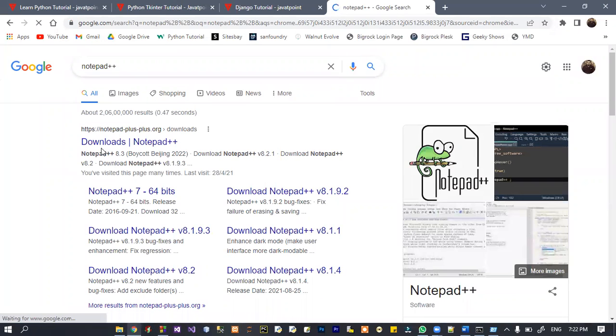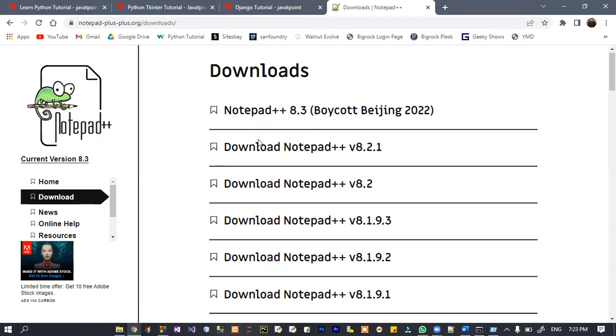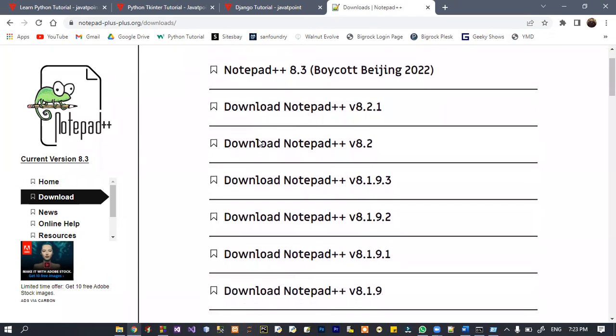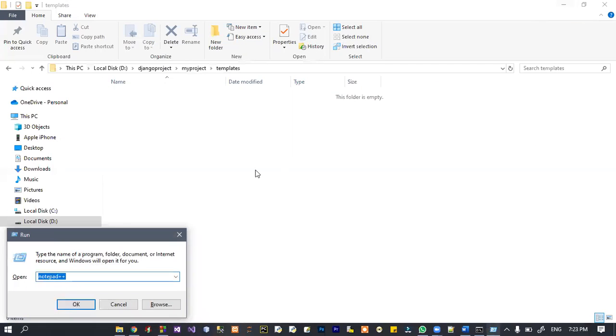You need to click on the first link, and you will be redirected to the different versions of Notepad. Select one of them and install that version into your local machine. And now come back